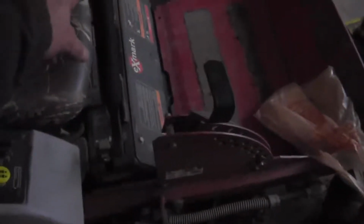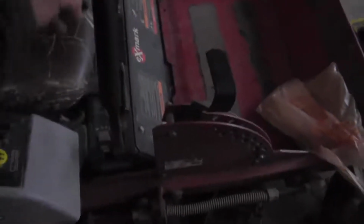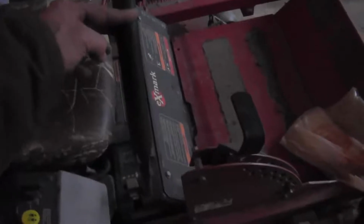I haven't figured out how I'm going to mount the one on the Zero yet, just because it's a lot more complicated. Mainly these arms are in the way, because I can mount it right off the front down here, and then back here I can take the tube steel, come out off the frame and then up, so I can have it out here further and it'll run down here. The problem is with these arms, once you get them in too far, like I don't want it to where it can only come out so far, because once you lift them up and you bring them in too far, and you guys that have a Zero know,